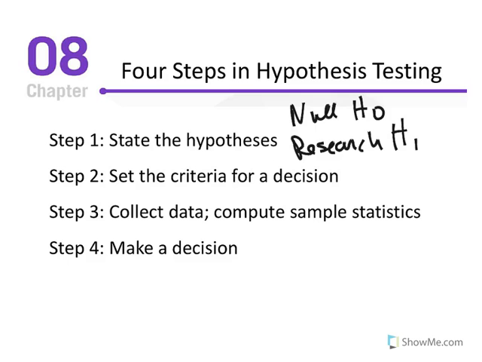Then we discussed step 2, which was to set the criteria for decision, and this refers to setting our alpha, and we discussed that the common values of alpha include 5% and 1% for our purposes. There are other alphas, but these are the most commonly used, especially in our text and our examples. And now we're going to discuss step 3, which is to collect and compute sample statistics. And we'll end with step 4 in this video, which refers to making a decision regarding the data that we've